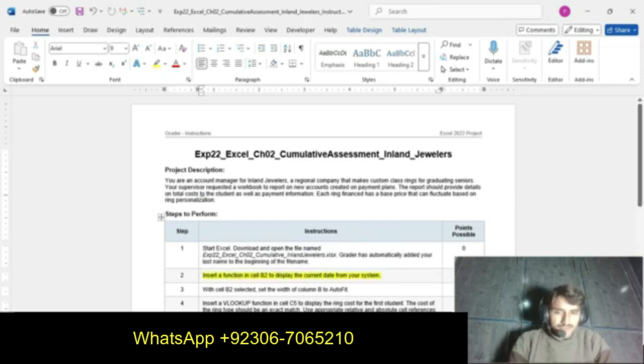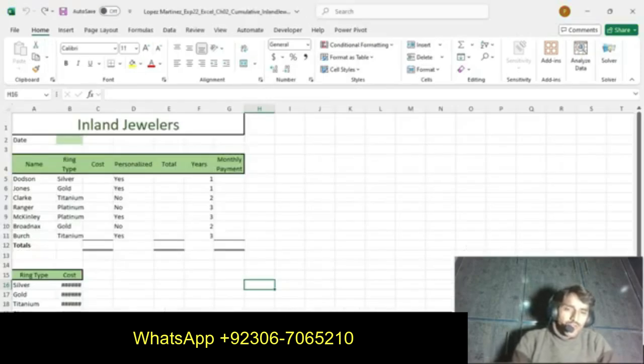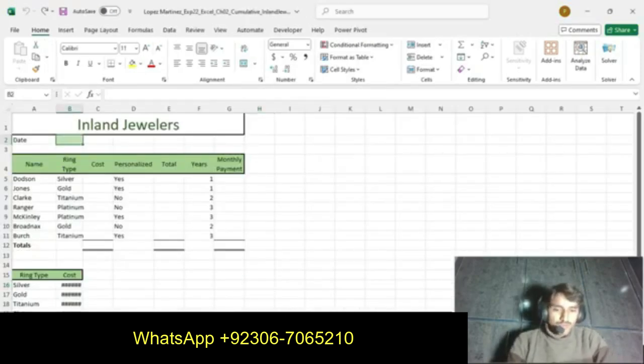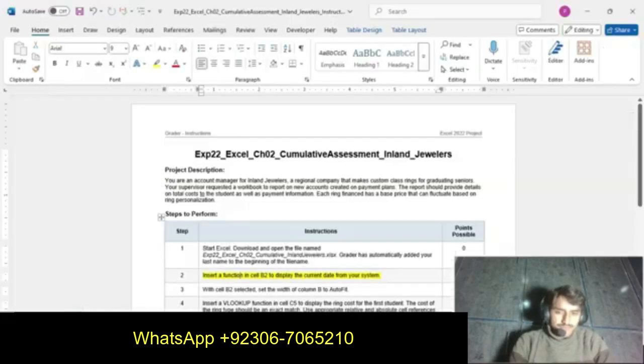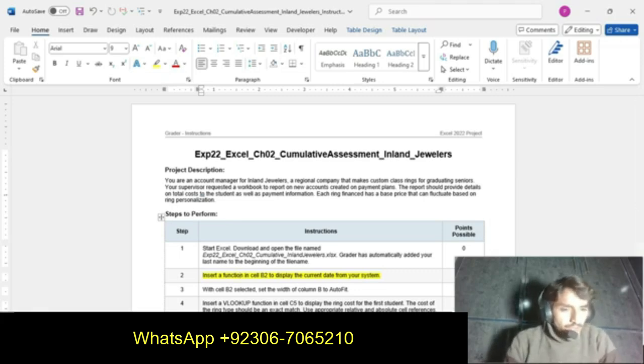Insert a function in cell B2 to display the current date from your system. So we insert a function in cell B2. First we go to cell B2 and press the equal sign. Then next it says display the current date from the system. So we use the function which will give us the current date.